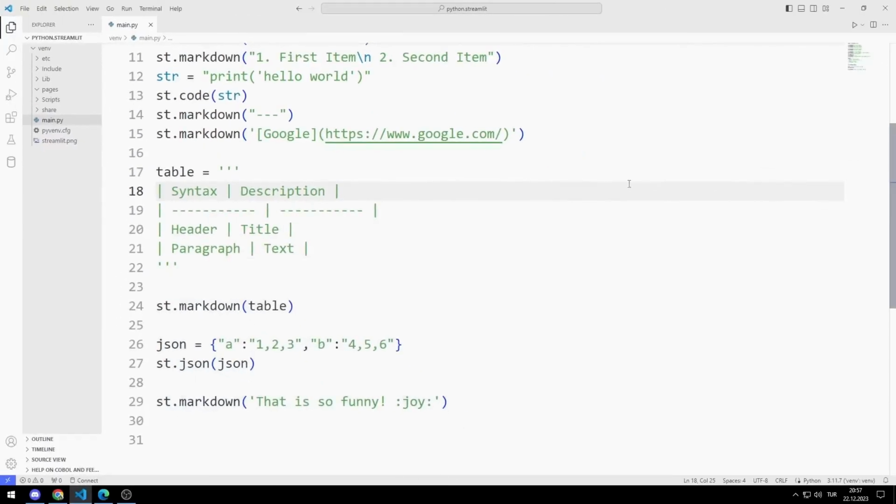In this video, I will talk about a few display elements that are frequently used when developing web applications with